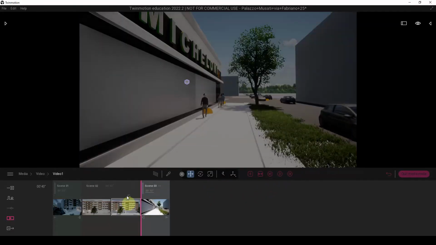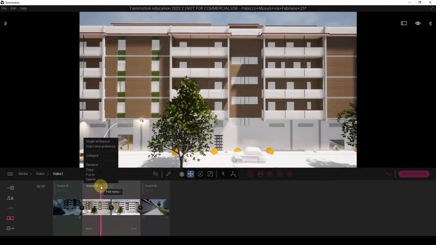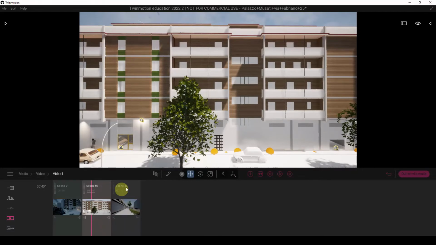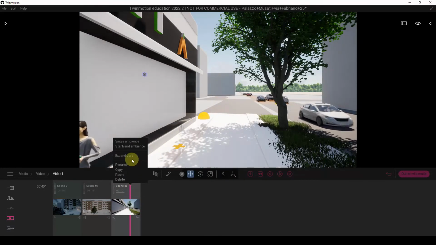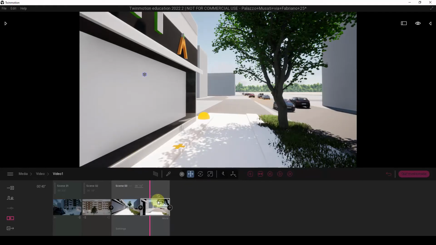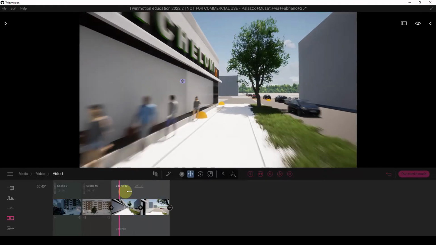When I'm done, I'm going to just select this scene and collapse it and work on the third scene and click on the triple dot here and click on expand part. So for this effect here,